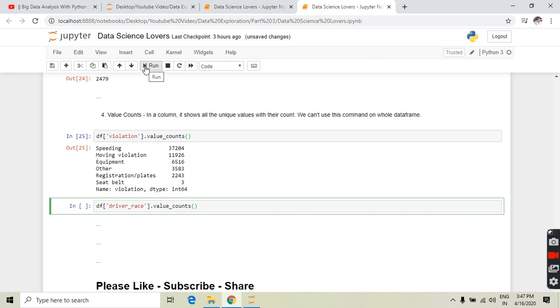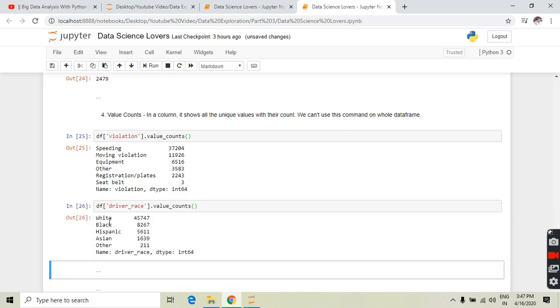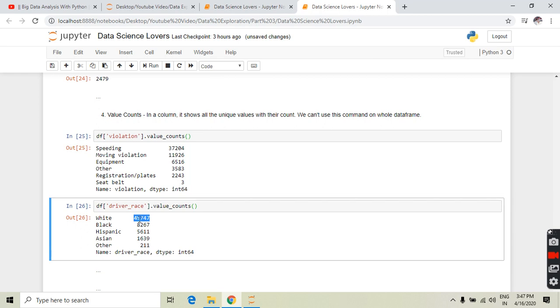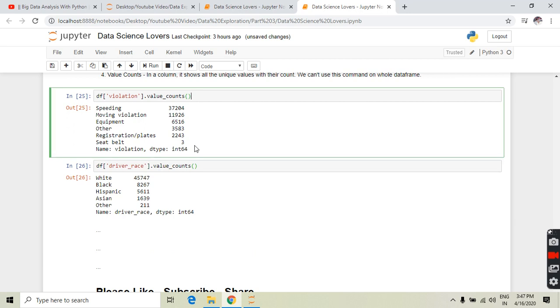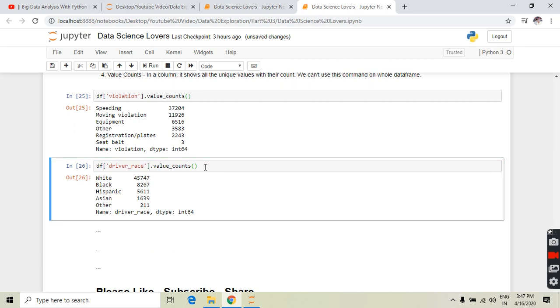If we run this command, it will show all the unique values present in the driver race column: white, black, Hispanic, Asian, other. And it is showing that white is occurring 45,747 times in the column. Asian is occurring 1613 times in the column. So this is a very useful command.